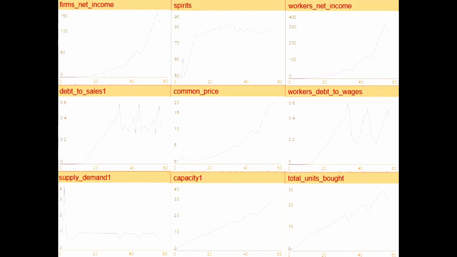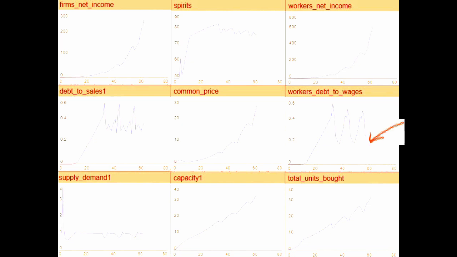People spend less, they're less confident, the economy contracts. Then after a while, debt levels have reduced, people feel able to borrow again, and the economy recovers. It picks up again from where it was, and we see that there's a period of growth until debt levels rise again and there's another recession.